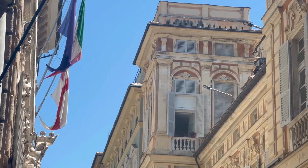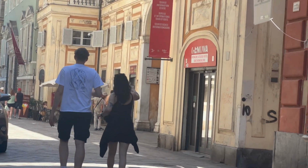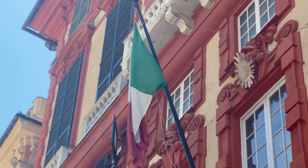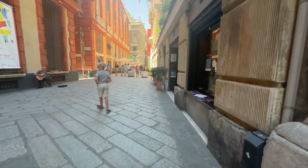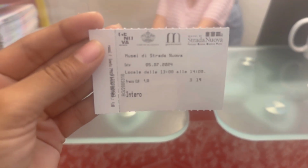Something you may not know is that Genoa is home to over 150 palaces. 42 of these palaces became UNESCO World Heritage Sites in 2006, and although most are privately owned, several of these glorious works of art are open to the public year-round. Head over to Via Garibaldi, one of the most beautiful streets in the city, and find the bookstore/museum shop where